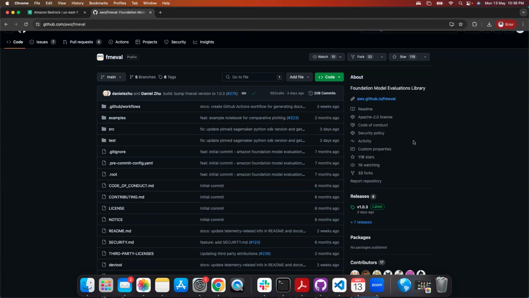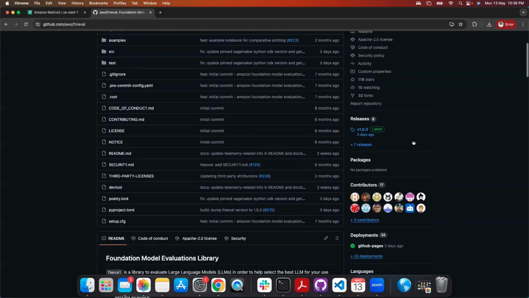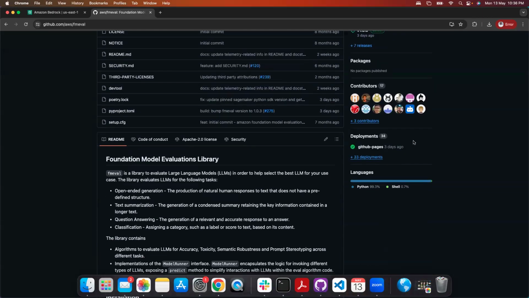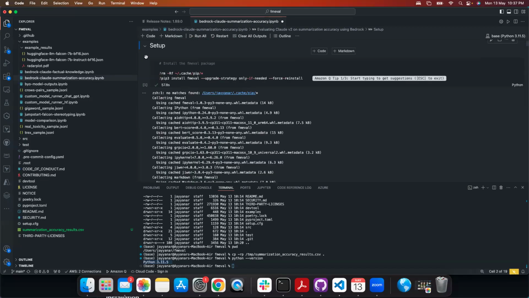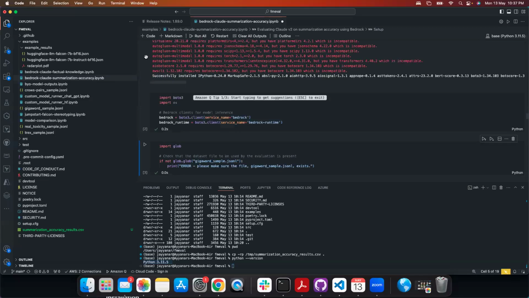Why we need to use the SDK is, let's say you're building some orchestration, where multiple models will evaluate the response of a single model. If you want to do that, you can use this library, and it is easily doable. If anybody is interested, let me know. I already tried architecting those designs and testing them out. In the interest of time, I'm keeping it simple. Here I'm installing the library. Then here I'm installing Boto3 and Bedrock. The next step is